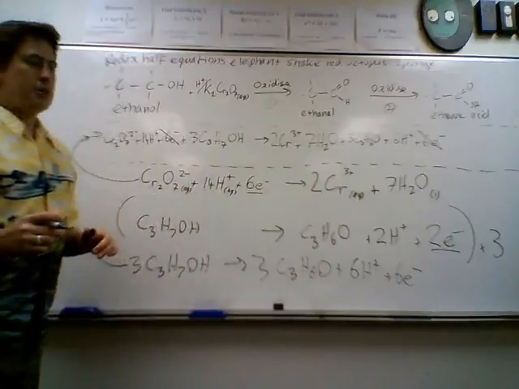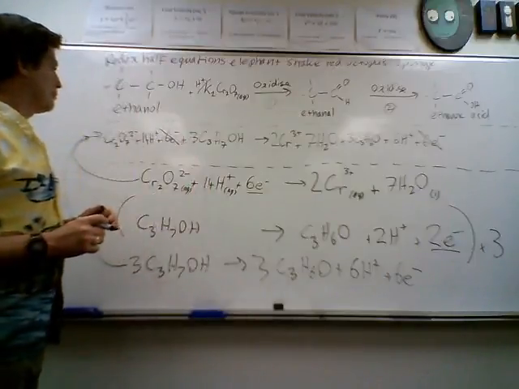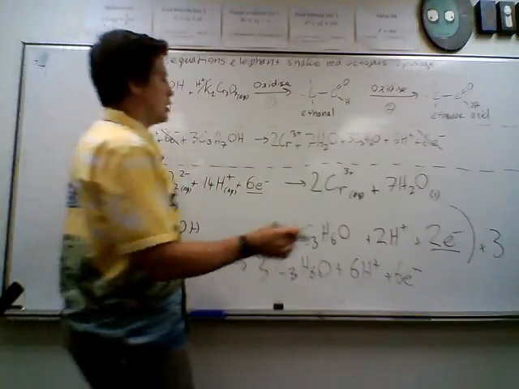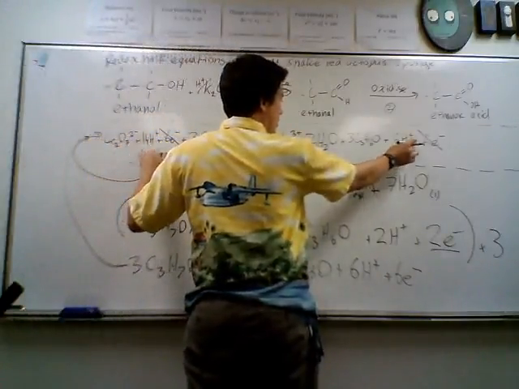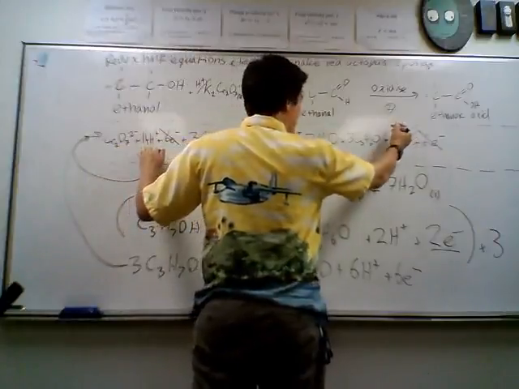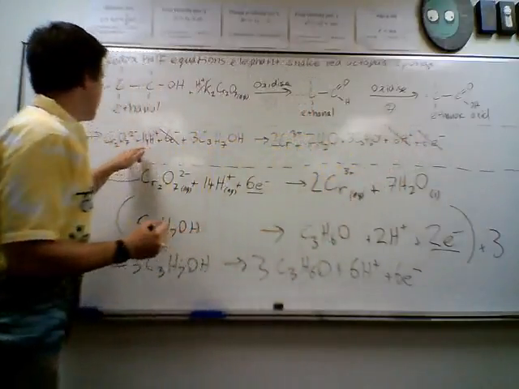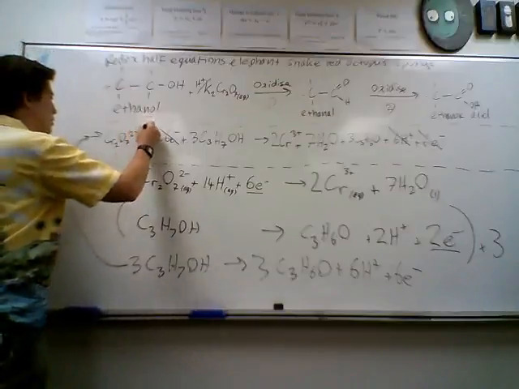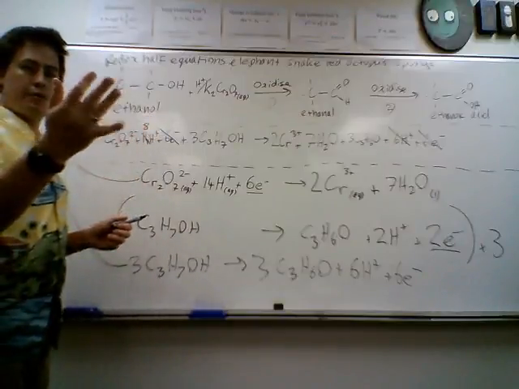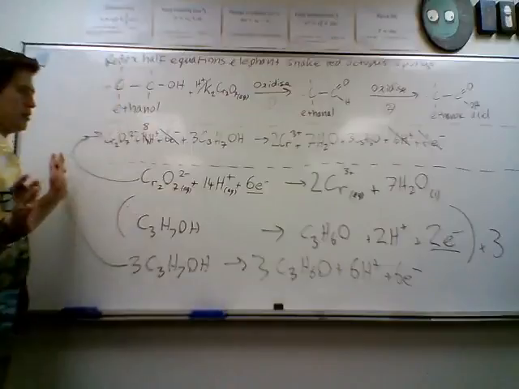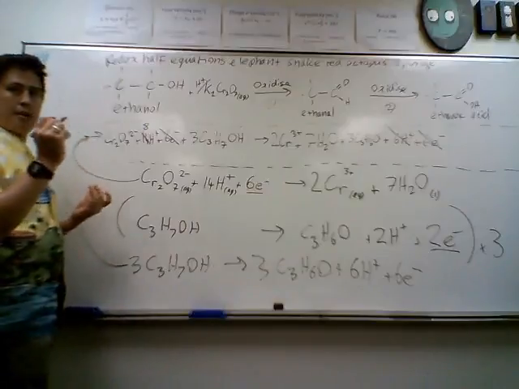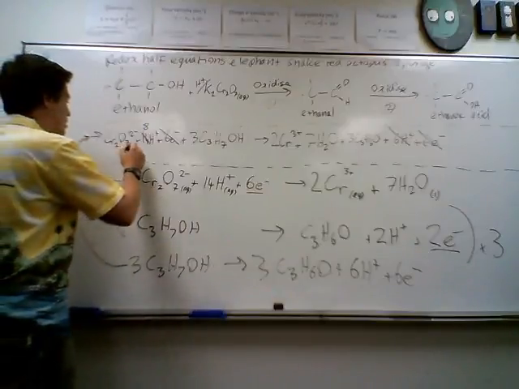Now what else is the same on both sides? Protons. You've got protons on both sides. So you've got 14 here and 6 here. Now which one's higher, 14 or 6? 14. Right, so we'll wipe out the 6 and the 14 will change to 8, because 8, 9, 10, 11, 12, 13, 14. So that covers it off. Now is there anything else I can take out? No. So the final balanced and simplified redox equation is going to be